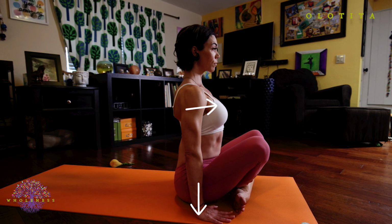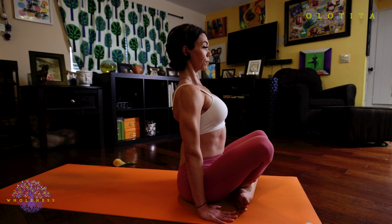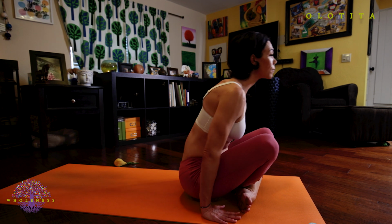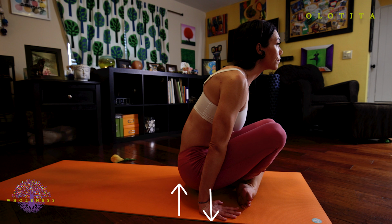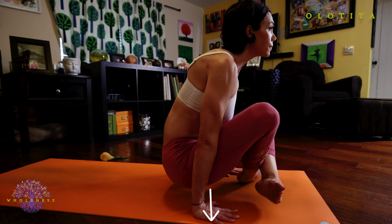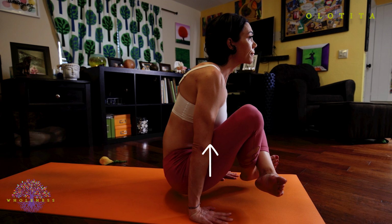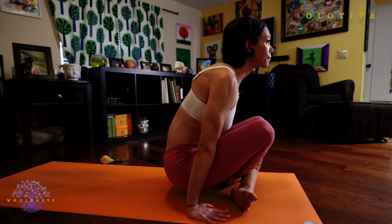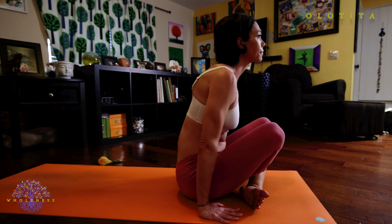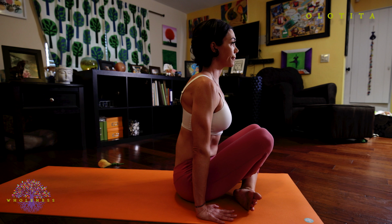So this first modification is super easy, but it's a great way to get started. If you feel like you want to do a little more work, then you're going to push down and lift your hips off the floor. And if you really want a challenge, you're going to push down and lift everything up. Your hips, your feet, everything. There's 10 total breaths here, so maybe you take a couple breaths in one variation and then another. So work with your breath and your body, challenge yourself, but know there's modifications available to help you build the